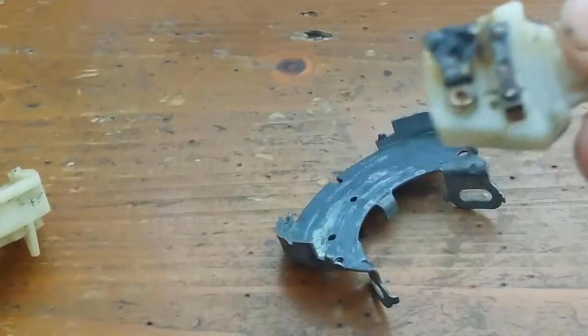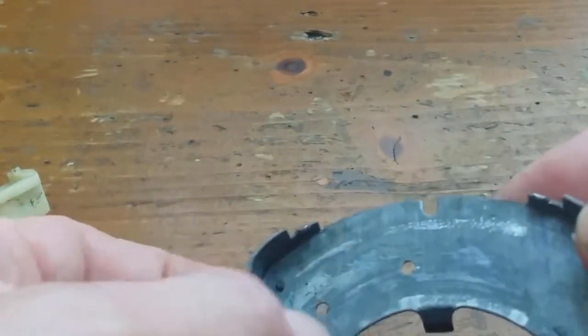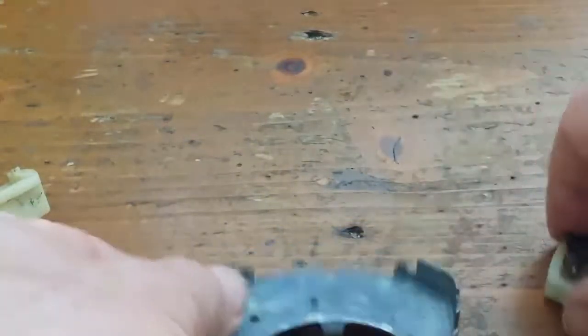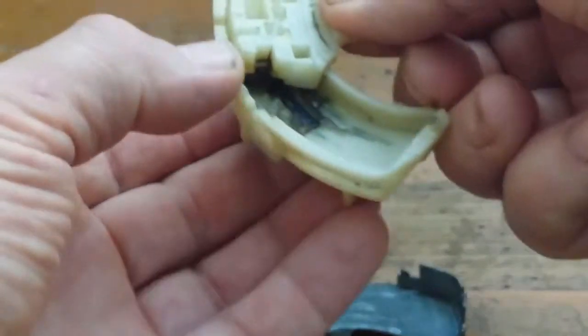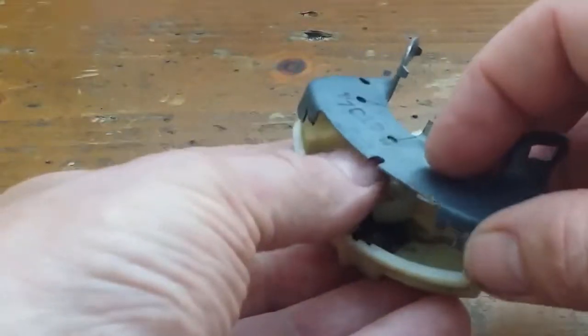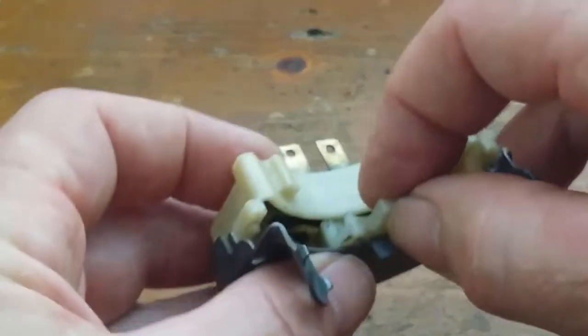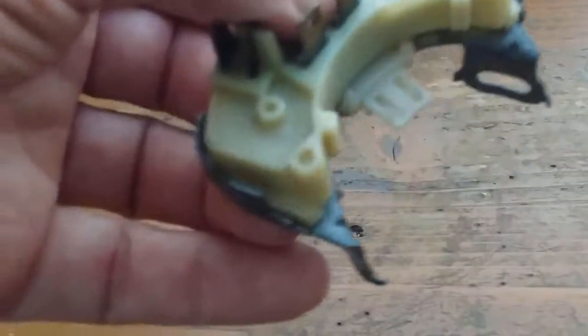This has a spring. So that's fairly greasy, that part there. But yeah, this just sits in there, makes different contact points, and so that sits in there like so. That shifts around,